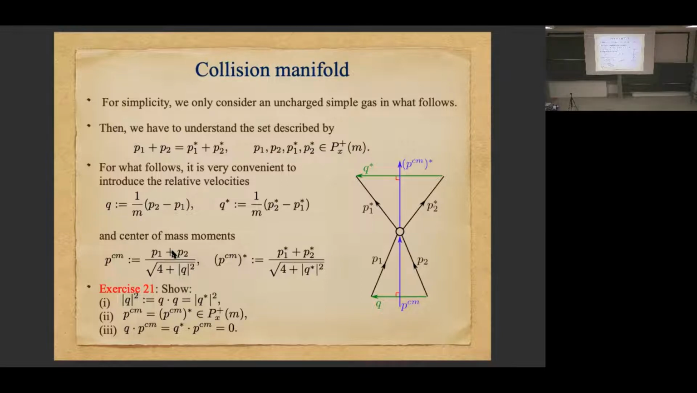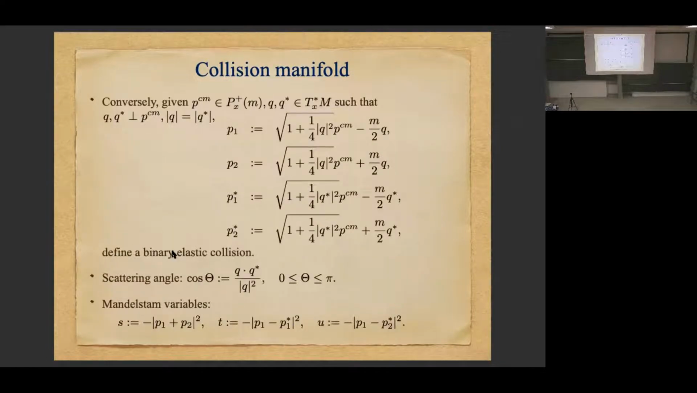Okay, and now you have a nice way to parameterize your collision. So instead of giving P1, P2, P1 star, and P2 star subject to these conditions, you can as well specify PCM for the center of mass momentum, which is a 4-vector or covector on the future mass shell. And then you specify two orthogonal vectors Q and Q star, which have the same length and are orthogonal to PCM. Okay, and then that's the inverse formula if you want. So if you give PCM, Q and the absolute value of Q, then you can reconstruct P1, P2, P1 star,